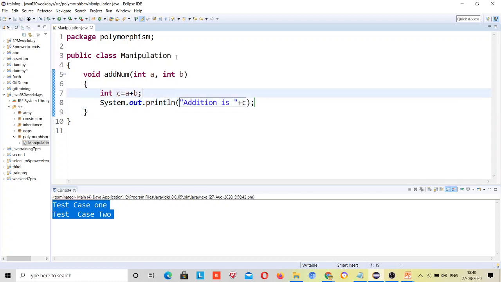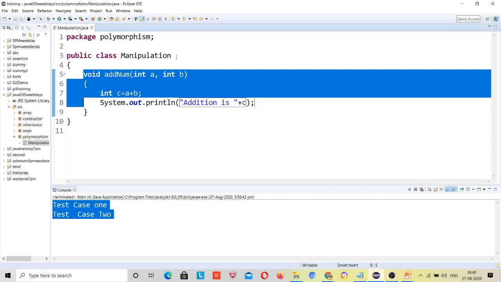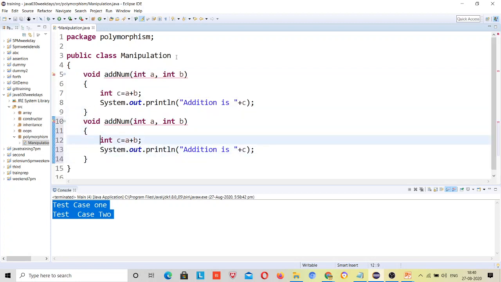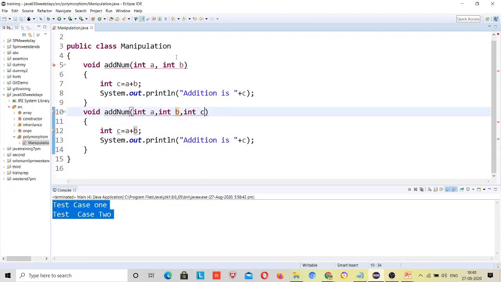And we have another method with the same name but a different number of arguments. You can see d is equal to a plus b plus c, addition is plus d.